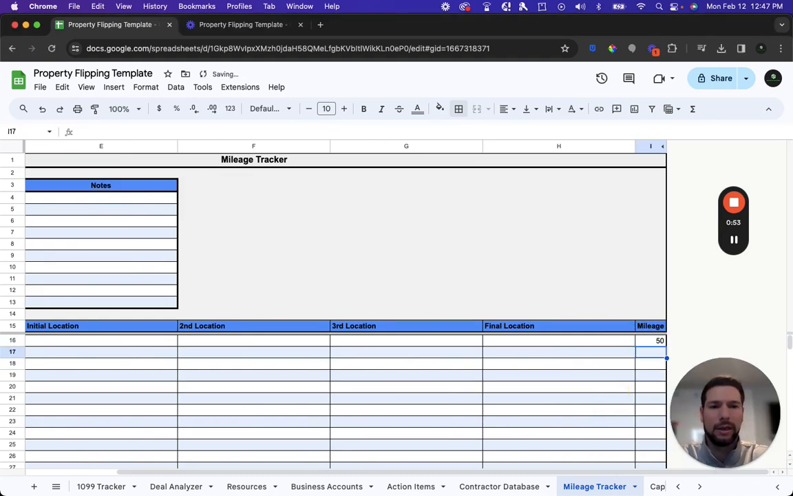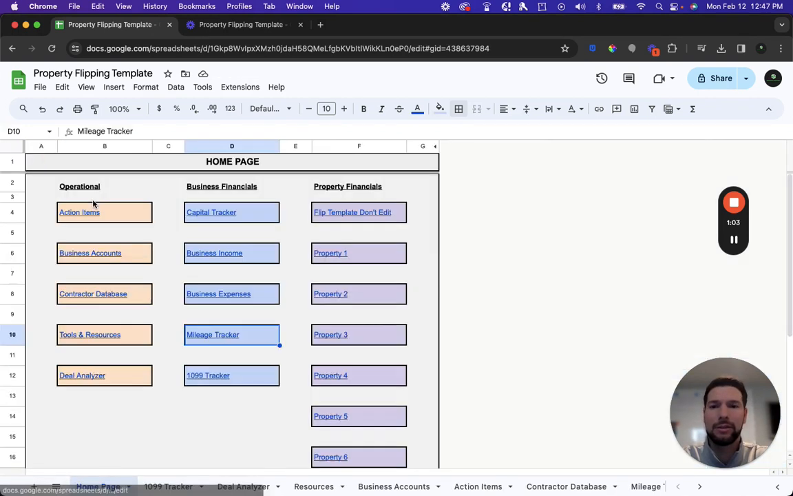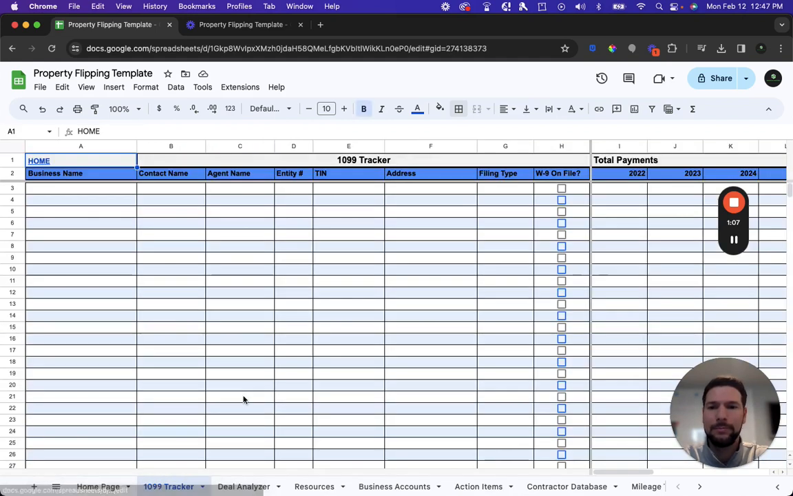So this will say 50 miles for 2024, and then 100 miles for 2025. So it automatically sorts that for you. You can continue to use this page for as many years as you like, and it'll continue to work properly for you. Then on the 1099 tracker, here is where you want to keep track of any contractors you need